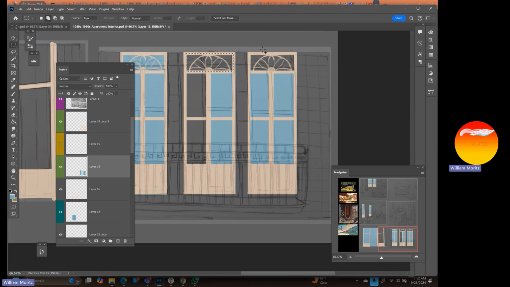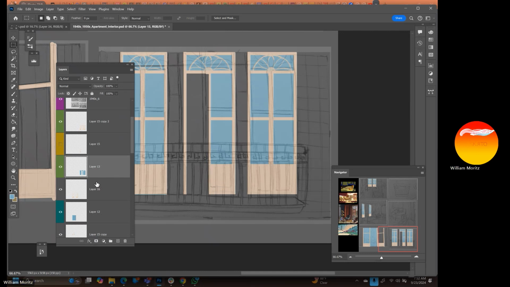Same layer as before, holding down shift to create multiple marquees to be able to fill. And there we go. We got two of those on the blue layer that are more accurate now. Let's not forget that we've got the door open within this shot. So I am going to still have the frame, but we want to cut out half the frame for the door opening. There we go. Let's go back to my blue layer and then cut out half this frame for that open